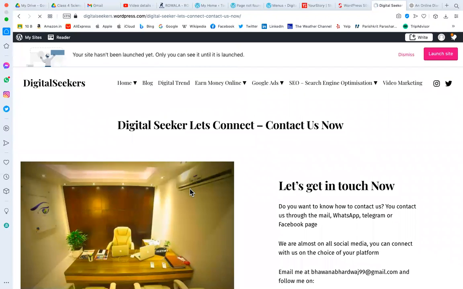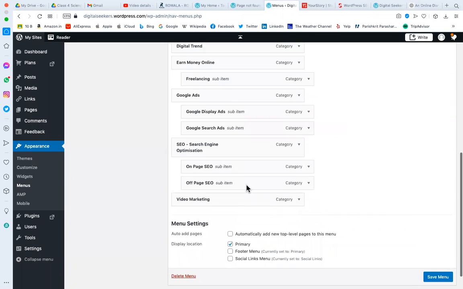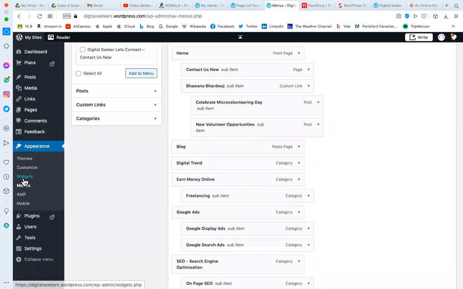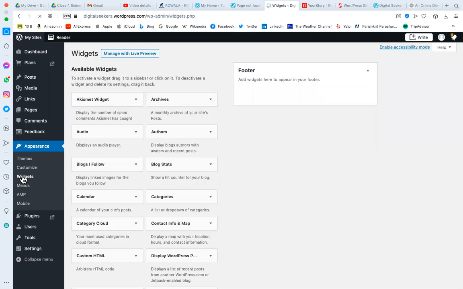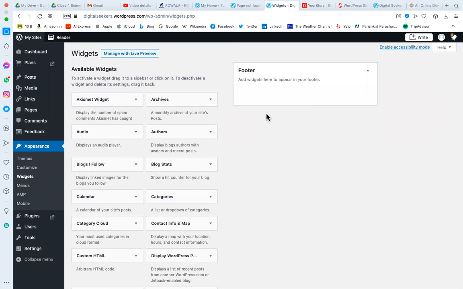So once you have created the page, you can decide how you want to show it, right? In the same way, we can manage sidebar and footer using widgets. As we have managed menu, in the same way, we can manage footer. How many footers and sidebars you can manage depends on the location. In the widgets, we are seeing only one location, that is footer, right? In another theme, you can have footer 1, footer 2, footer 3.